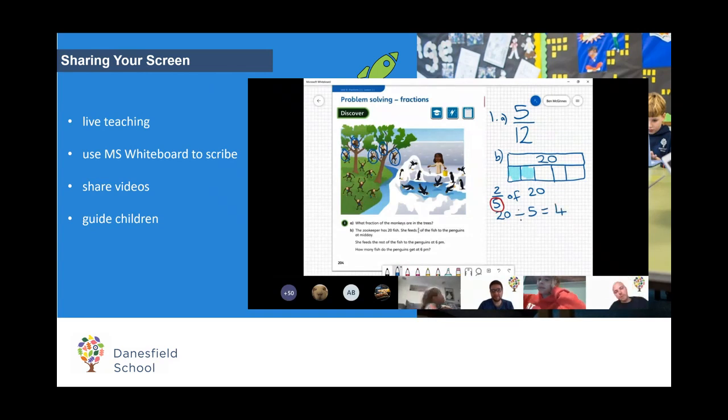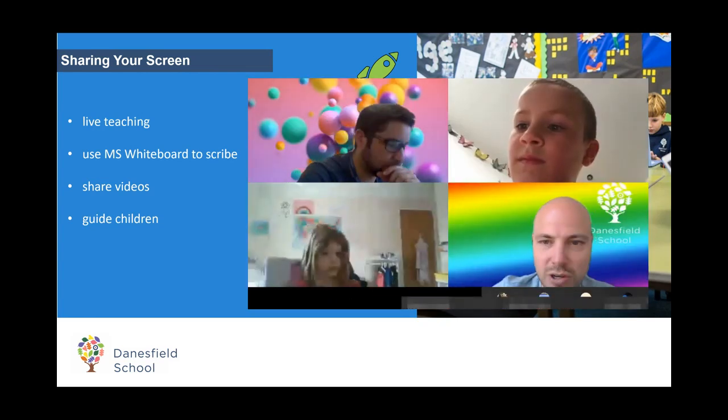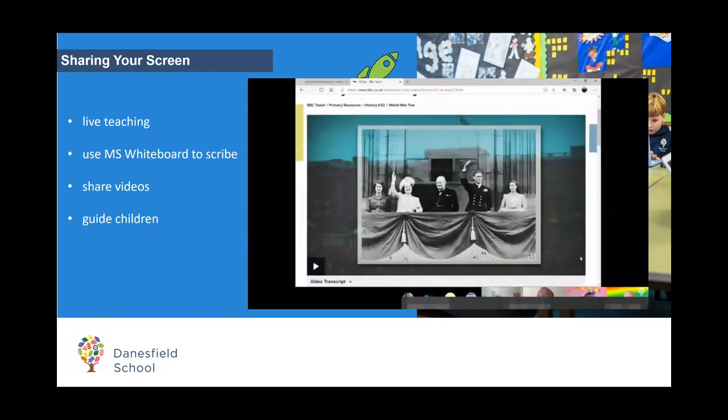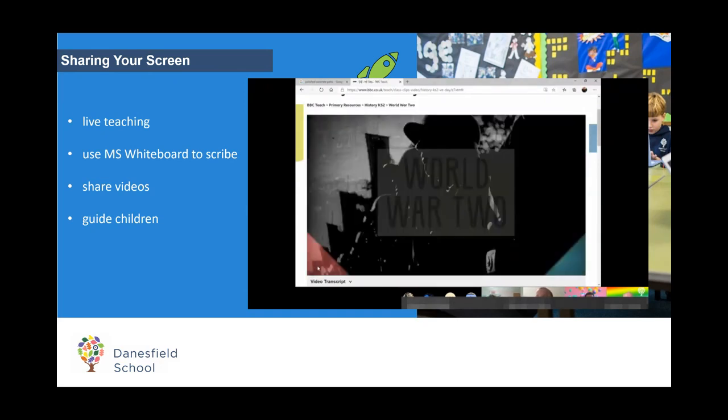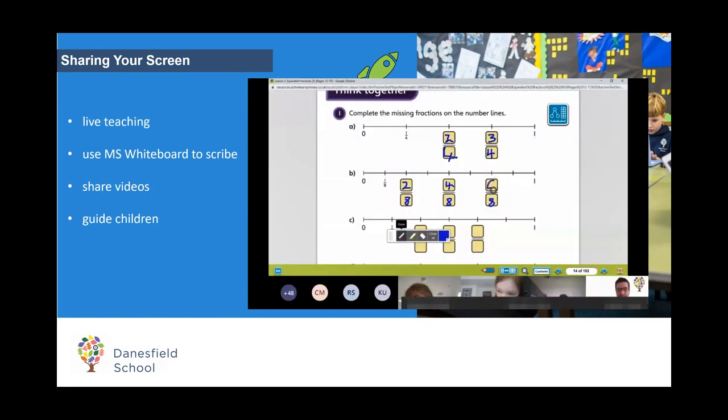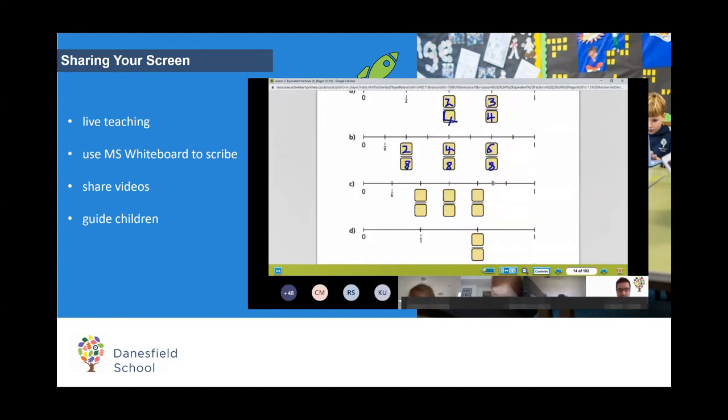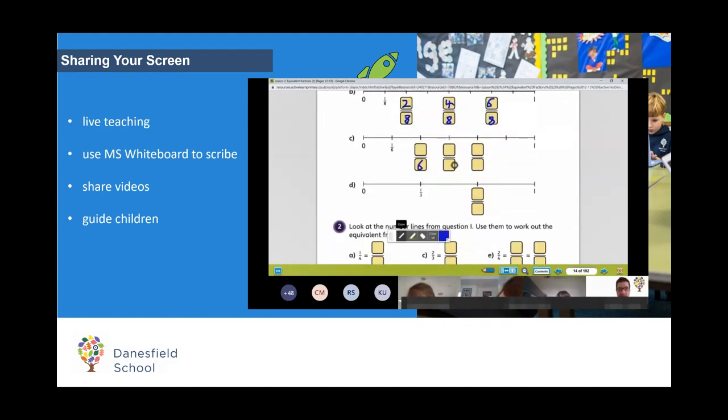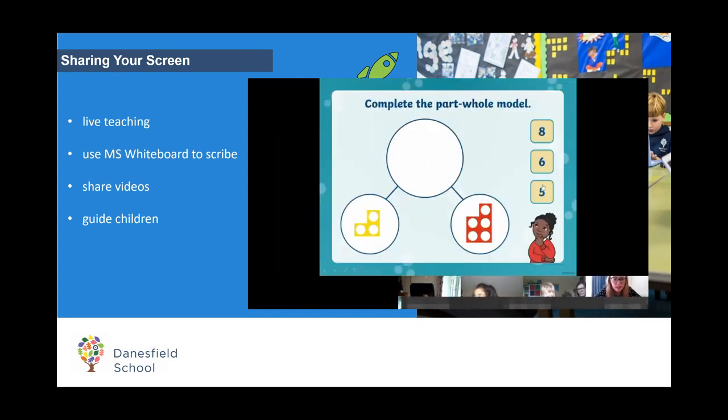So next I'm going to talk about sharing of screen. Really, really important feature for us at Danesfield. We use this in every single lesson for live teaching, and you can see from the clips that are playing in the background there, we use it for Microsoft Whiteboard to scribe, so you can see our math lessons. We ask children questions and we're able to then write on our screens, and then all the children can see that,